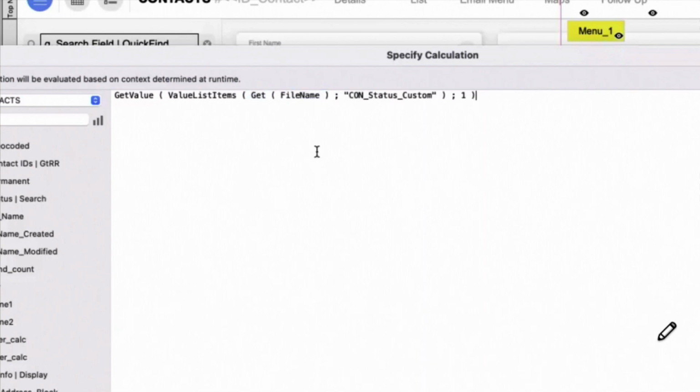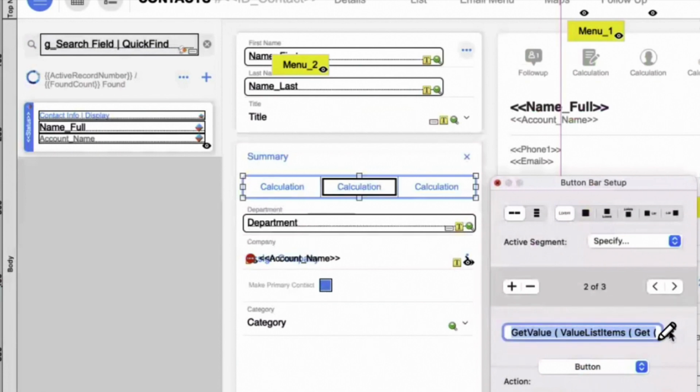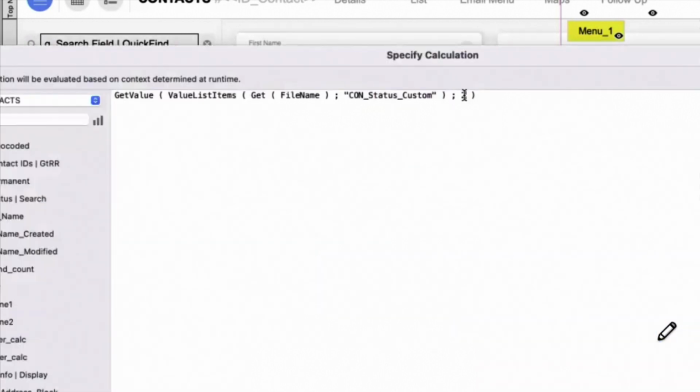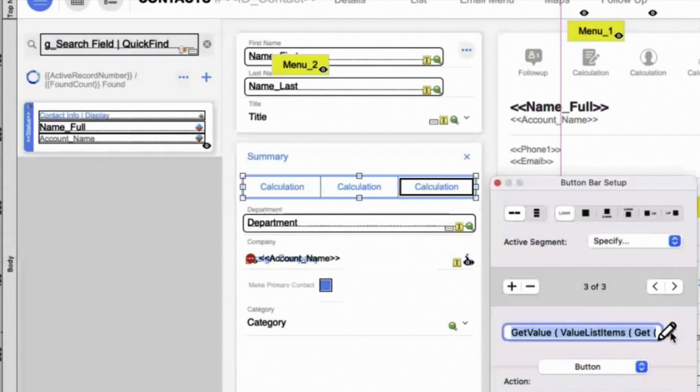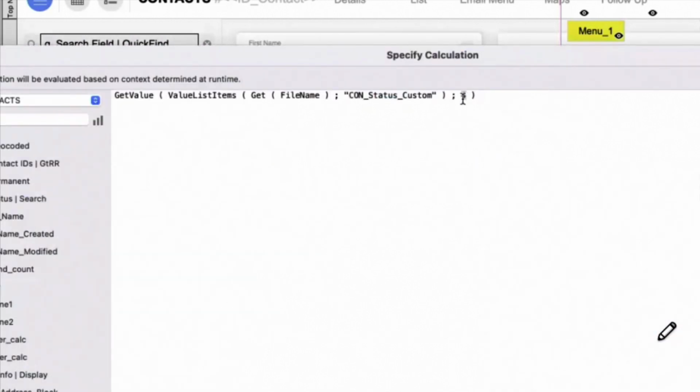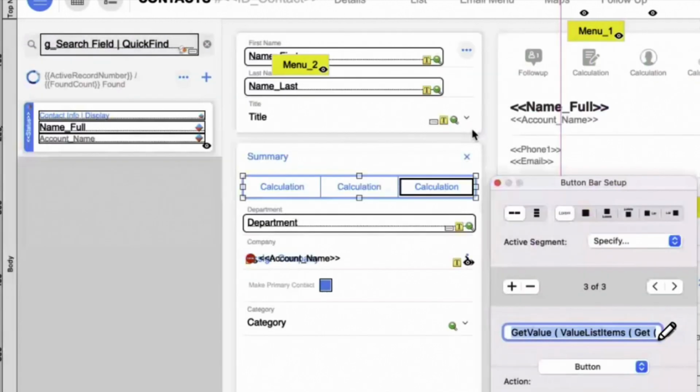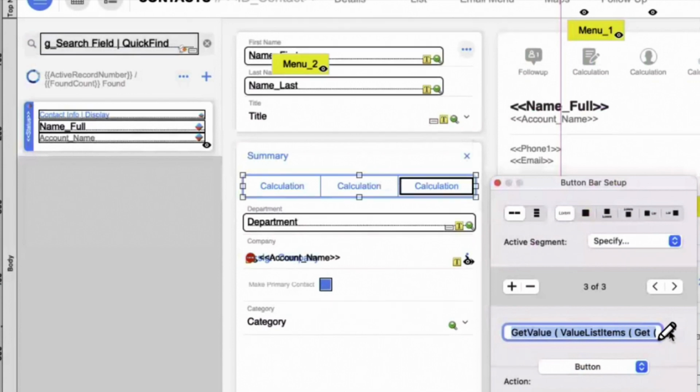Here I put the name of the value list, and then I want the first value. On this button, I want the second value. On this button, I want the fourth value. Why not the third?